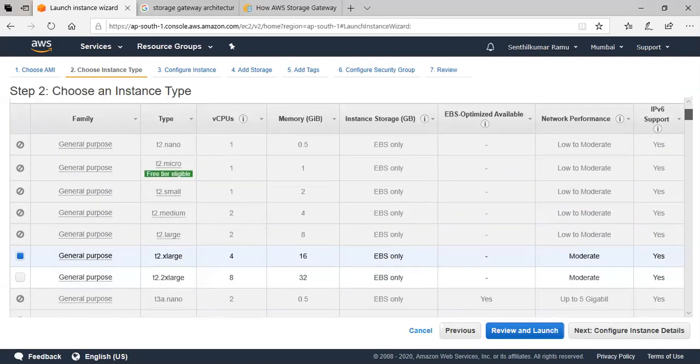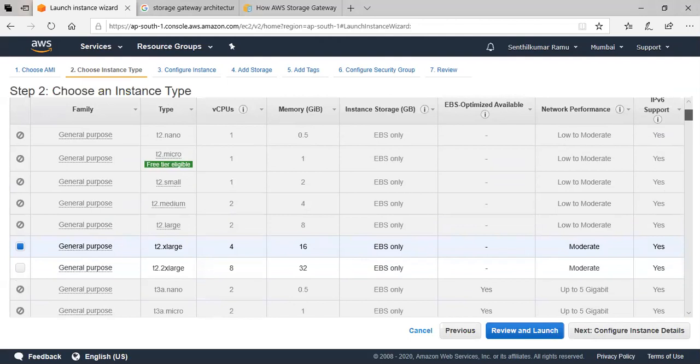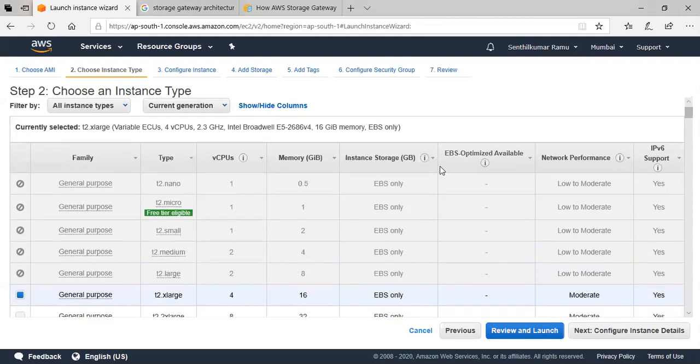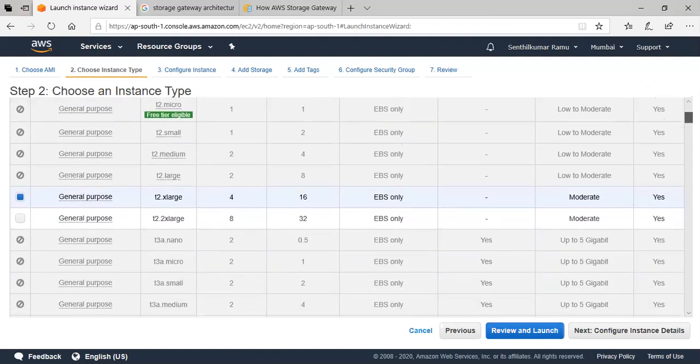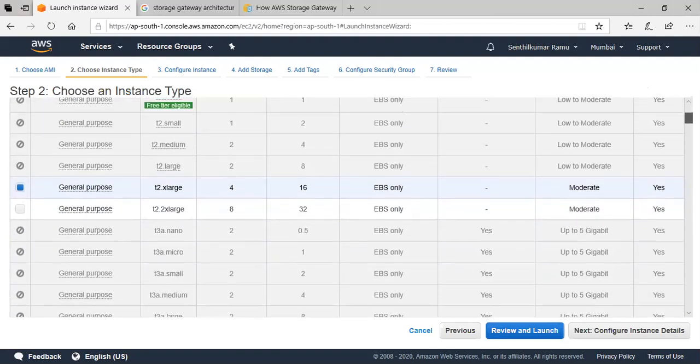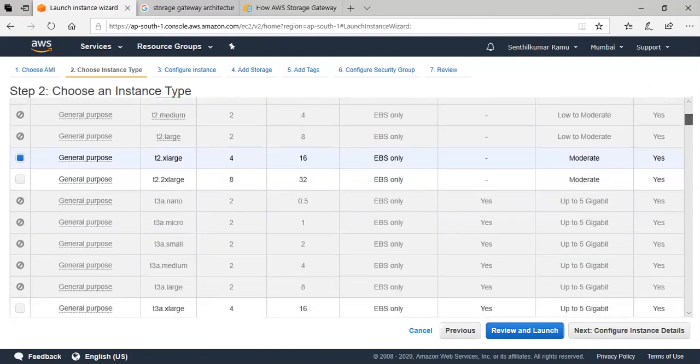Look at the types: T2, T2 Nano, T2. You imagine the type as with your T-shirt, right? For a young kid, the T-shirt size could be S, and for an adult it is M. No, the size I understood, I was just wondering about those T2, M2, M5. These are all T-shirt sizes. It's a different combination of CPU, memory, and disk. Based on what you choose, the type gets selected.